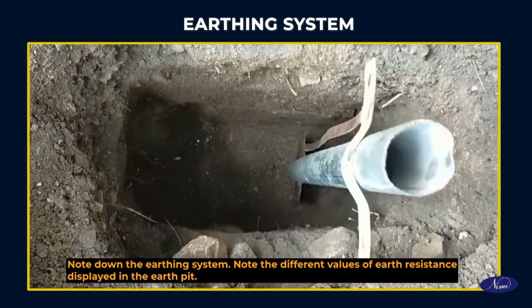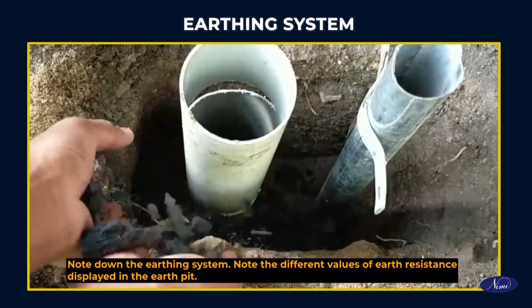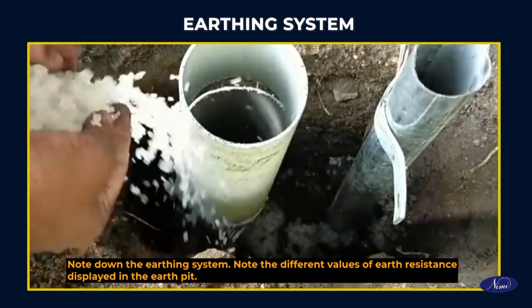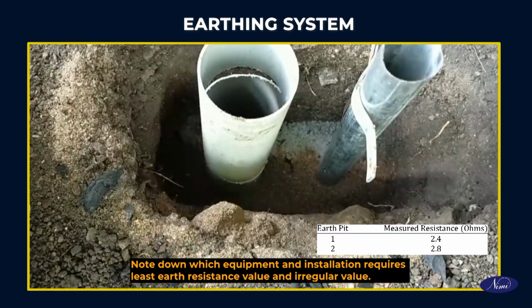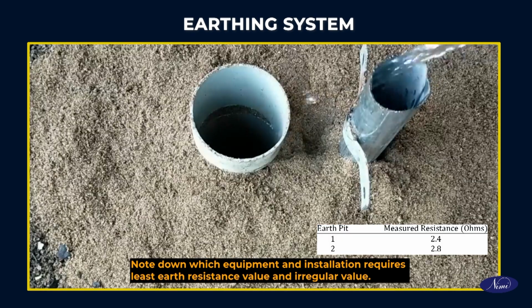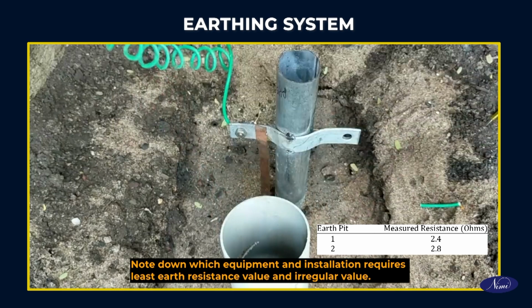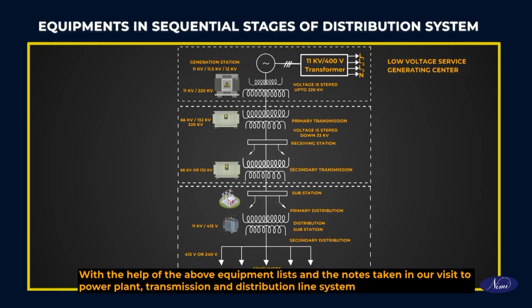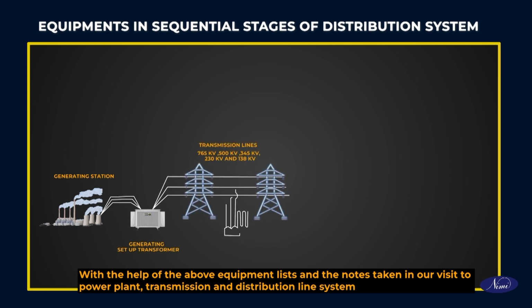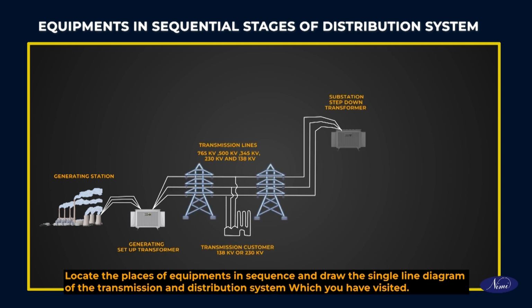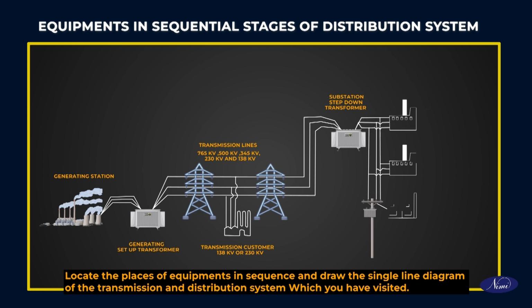Note down the earthing system. Note the different values of earth resistance displayed in the earth pit. Note down which equipment and installation requires the least earth resistance value and irregular value. With the help of the above equipment lists and the notes taken in our visit to the power plant, transmission and distribution line system, locate the places of equipments in sequence and draw the single line diagram of the transmission and distribution system